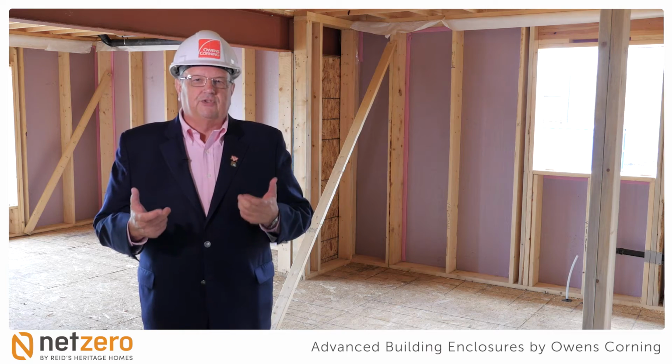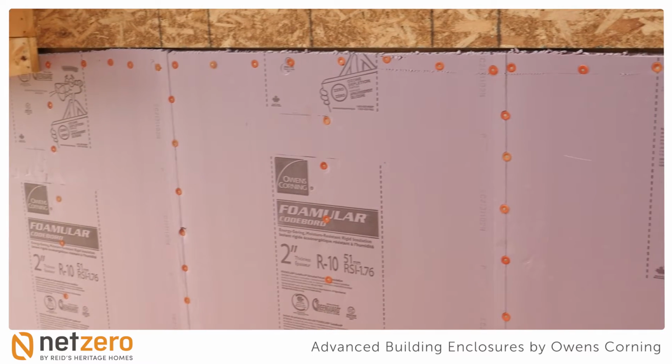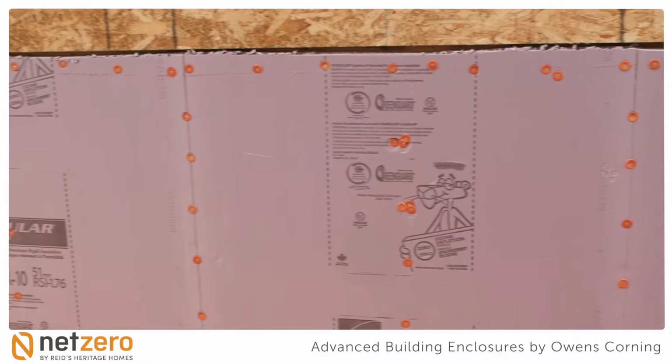Owens Corning is not only an insulation manufacturer, we are also a builder solutions provider. And one of the solutions that we are providing to builders is the Owens Corning Codeboard air barrier system that you can see behind me. The insulation literally wraps the home in a blanket of pink insulation and also acts as the air barrier, delivering